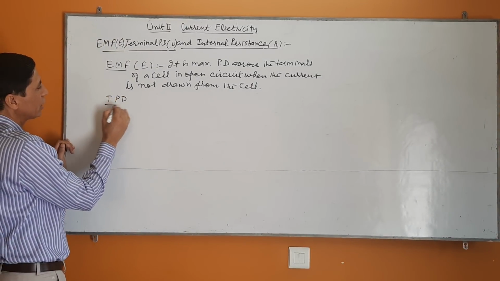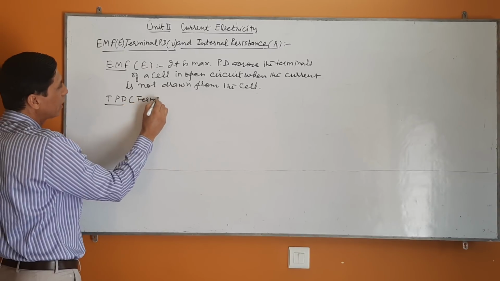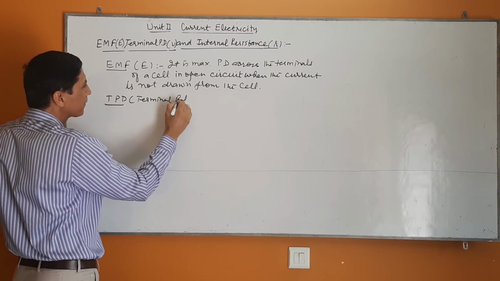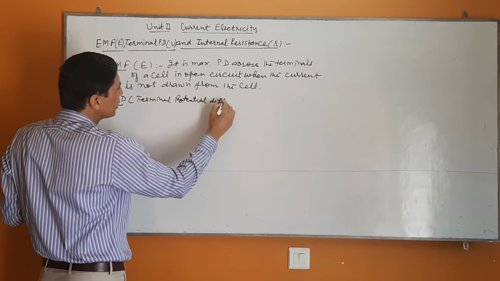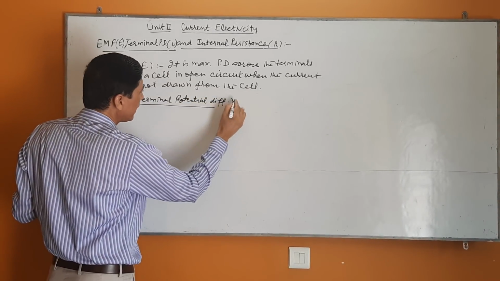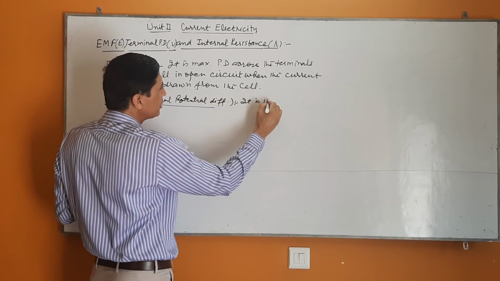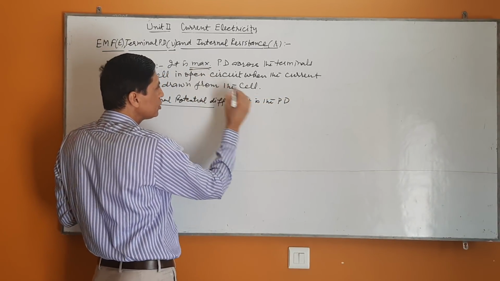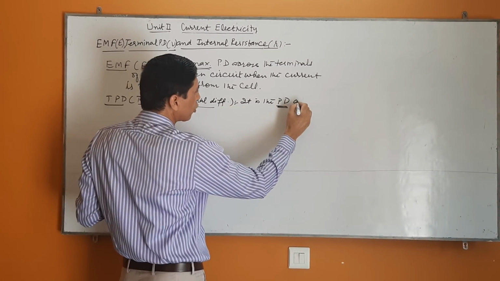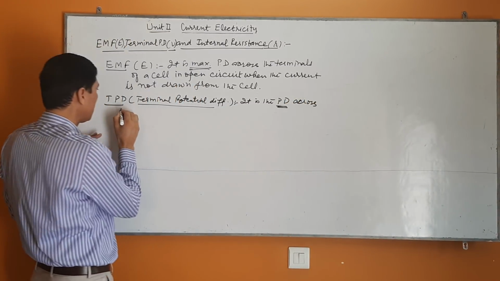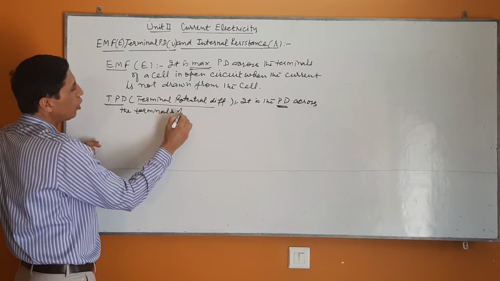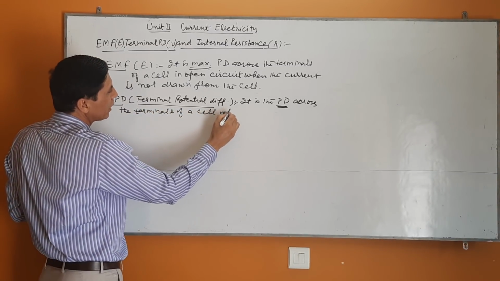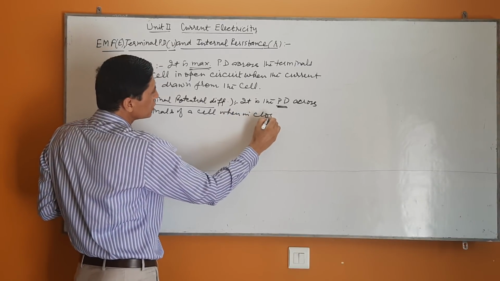But when you just connect it in the circuit, then it becomes terminal potential difference. Terminal potential difference of a cell. This is maximum, and this is the potential difference across the terminals